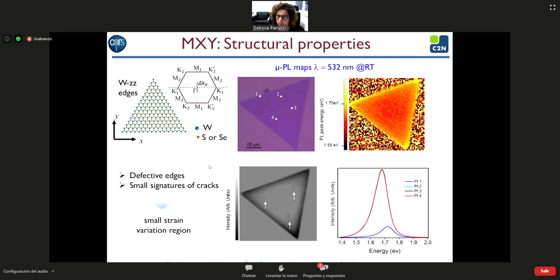What we know exactly, thanks to the nano ARPES, is that this edge, the zigzag edge, is oriented along the gamma K direction. So it is oriented along the direction the field must be oriented in order to generate this unidirectional Rashba splitting in this gamma M direction.